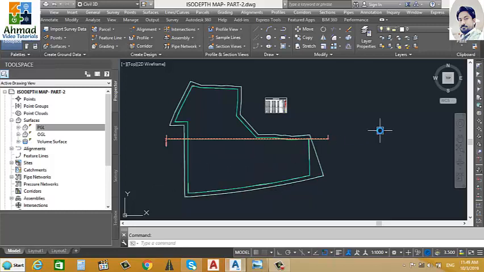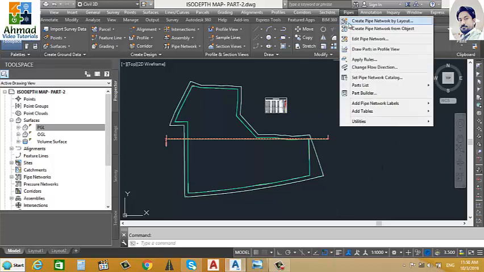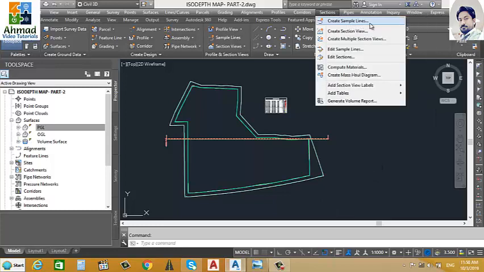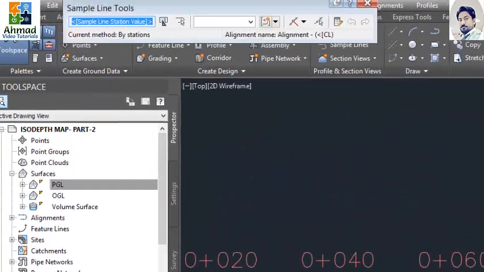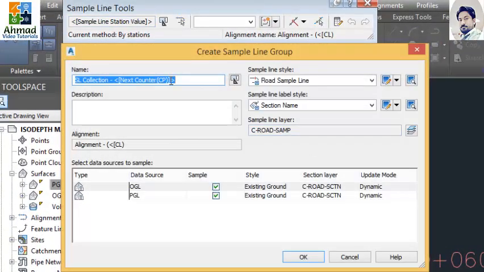So now I am going to make this sample line. Sample line means it will show you on which location cross section is generated. So first of all I will go to section, you will find there sample line, create sample line, then we will click on alignment. Now here one main window appeared, so you can change the name here,